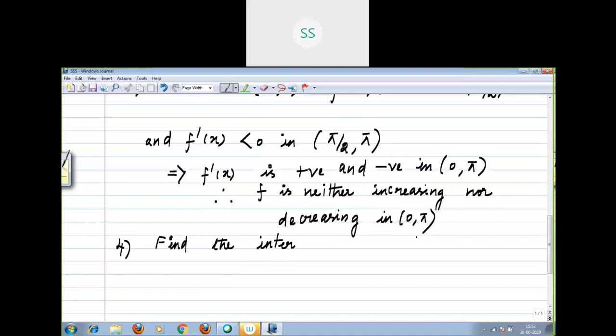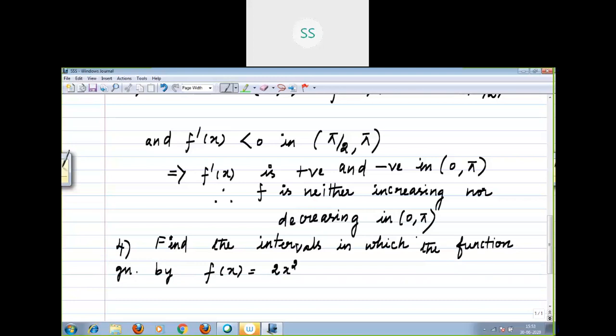Here, you are going to find the intervals in which the function given by f of x equal to 2x square minus 3x